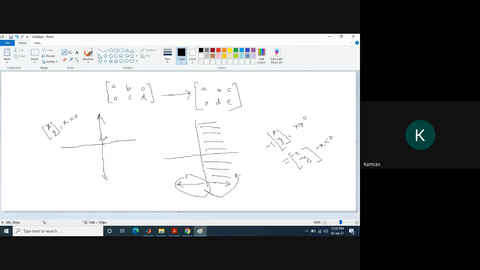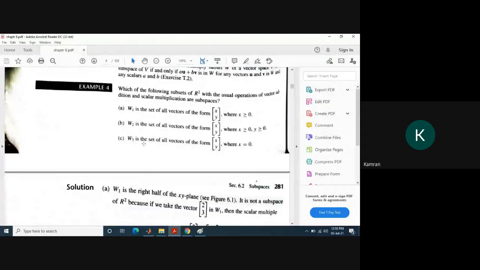If this is a vector along the y-axis, there are positive multiples of that vector. And if it is a negative vector along the y-axis, this means that it forms a vector space. So W3 is a vector space. Similarly, if you consider xy such that y is equal to 0, you are talking about the x-axis, the horizontal line, and it is also a vector space. There are positive multiples and negative multiples. So example number 4 is done.